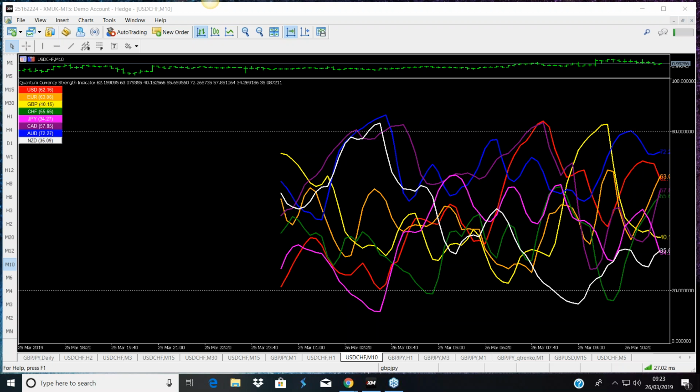Just wanted to say on the CSI, I've actually got the Aussie Swiss up at the moment, and it's quite interesting because it goes back to what we were saying when I was talking about the currency dashboard, explaining that answer to Michael. What we're seeing at the moment is there is a trend in the Aussie Swiss, but it's quite laboured, and it's laboured because the driving force in that pair right now is actually the Swiss franc. If you've got your trading workstations open, then pull up the Aussie Swiss, and you'll see what I mean. That pair is being driven by the sole buying in the Swiss franc. It's not being driven by anything particularly to do with the Aussie.